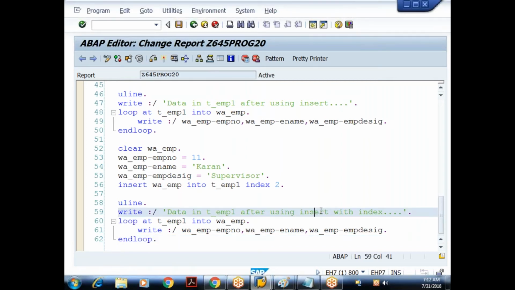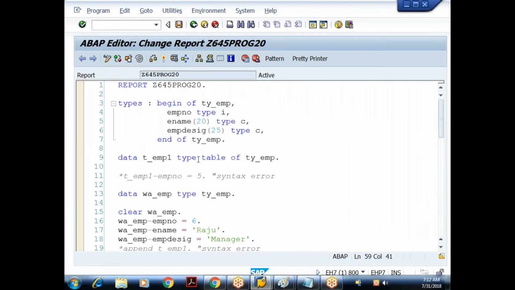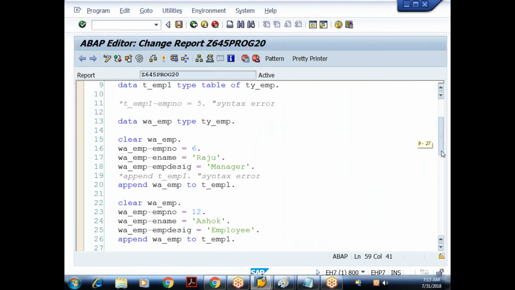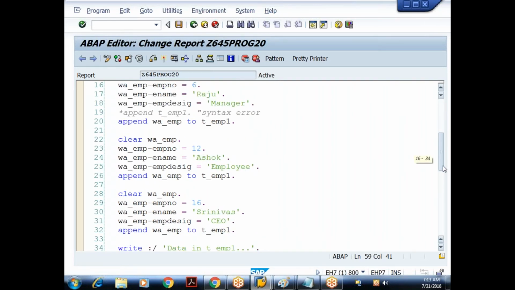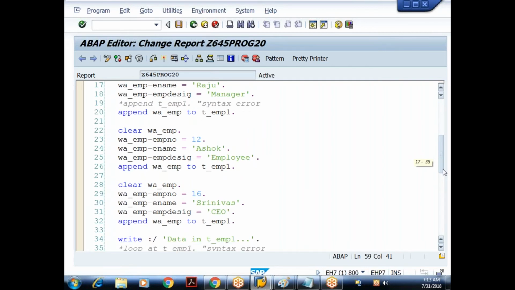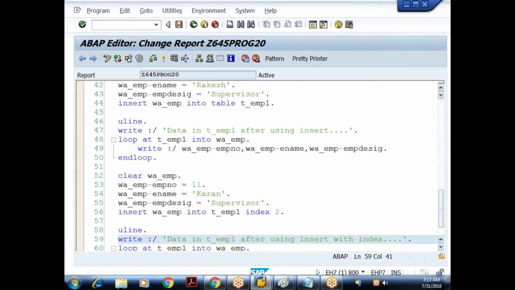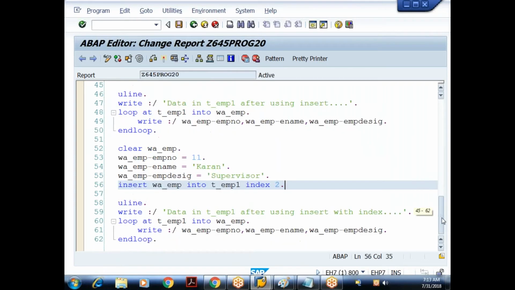Okay, done. Now, we understood some points related to the standard internal table. For a standard internal table, I can use both append and insert statements to copy the data. Append will always insert the data at the end of the internal table, whereas insert can be used either to insert at the end of the internal table or in a specific position. So when you are using the insert statement, if you are not using the index keyword, it will always insert at the end, just like append. But I can use index along with insert. I cannot use index with append. Append always refers to the end of the internal table.